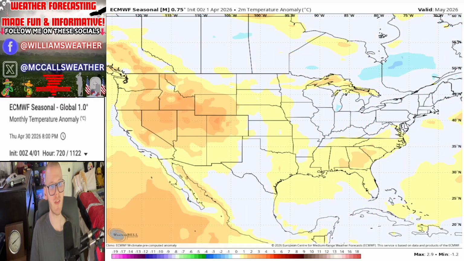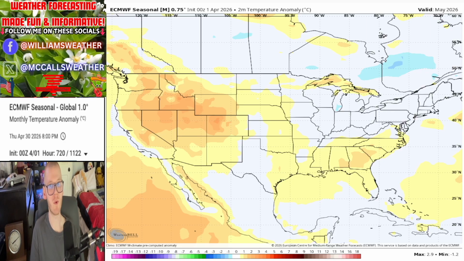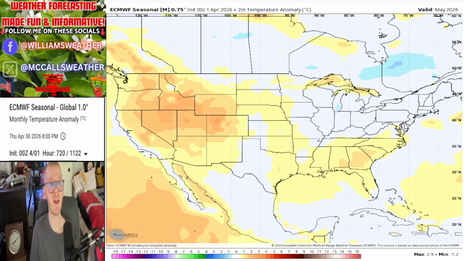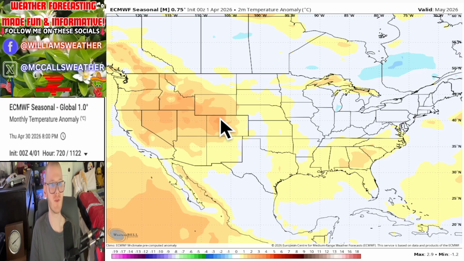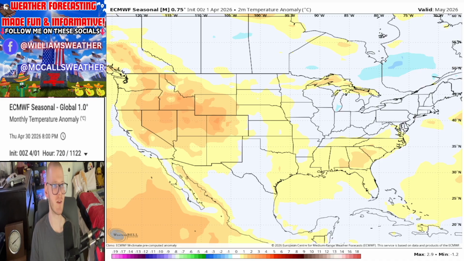Now keep in mind that the Euro seasonal typically shows us a warmer bias. If you take a look back at my December, January, and February outlooks, which are pretty much all my winter outlooks, the Euro loves to show a warm bias as far as temperatures go. And we can see this clearly here, that shows us that it's going to be warmer than average out west and down here in the southeast. But honestly, I would definitely be in agreement with this.